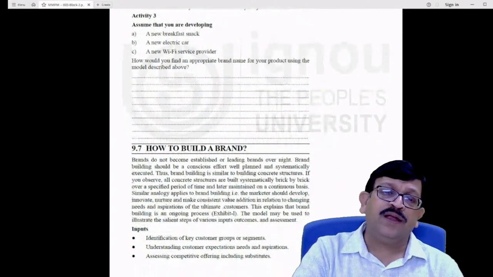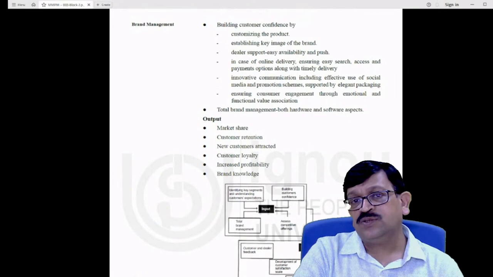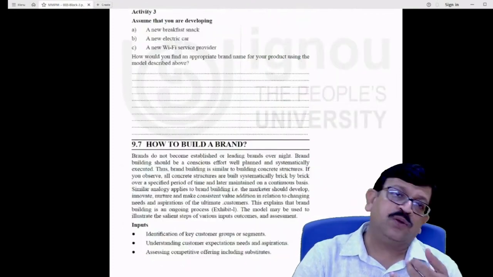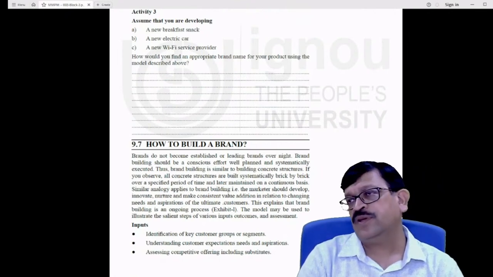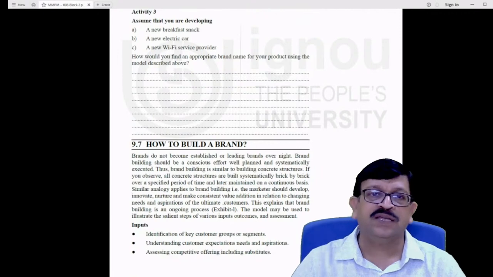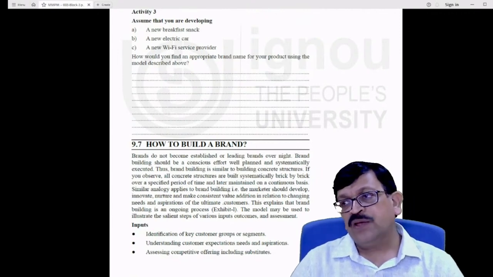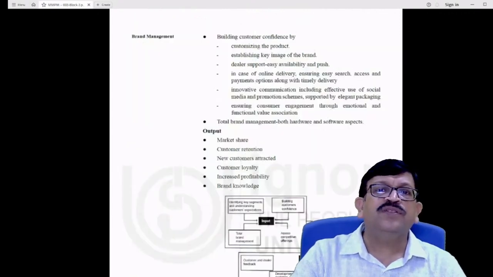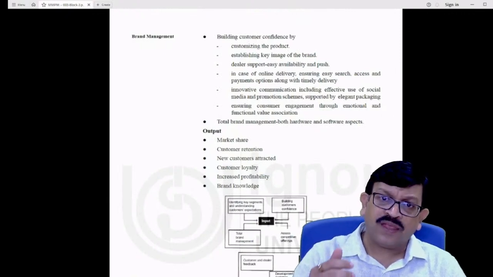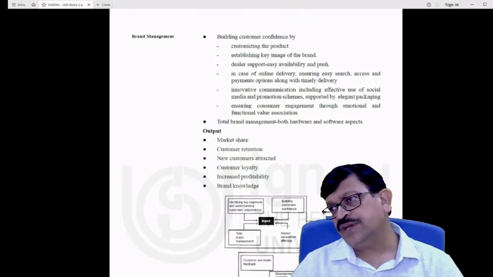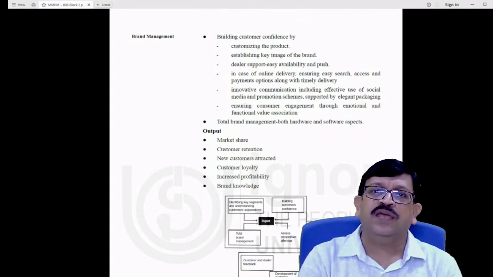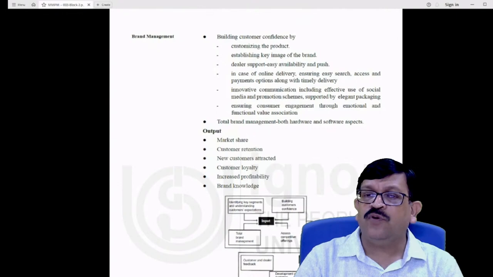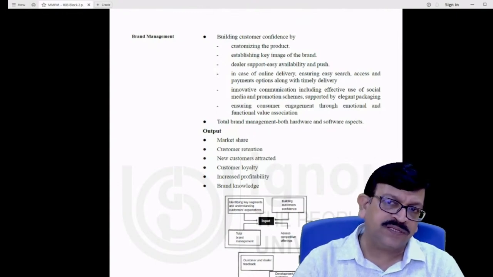So when you're building a brand, these are the fundamentals one has to take into account: who the customer is, what kind of needs and preferences they have, what kind of competition we face, and what the other brands existing in that space are doing. Then look into developing further in terms of customizing the product, associating it with the right kind of imagery, the name, the logo, and of course supporting it with the pricing strategy.